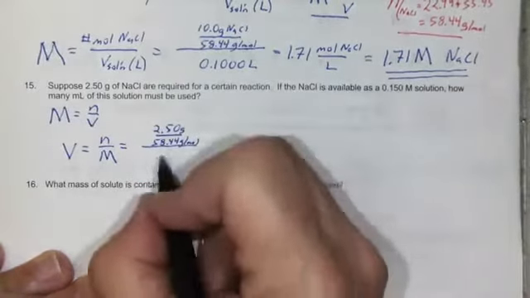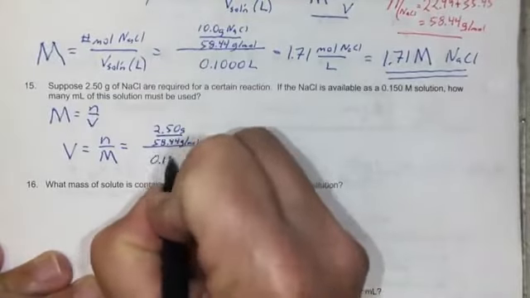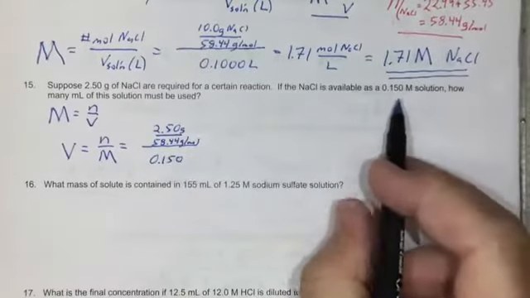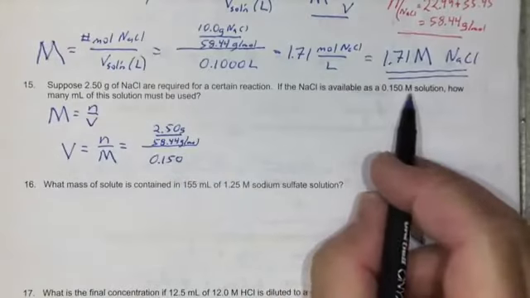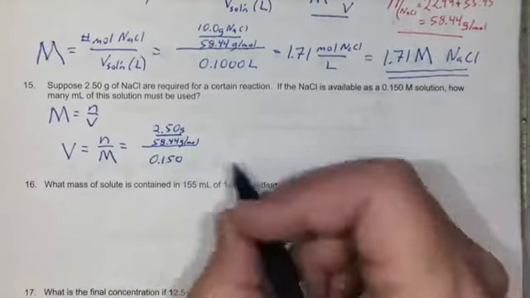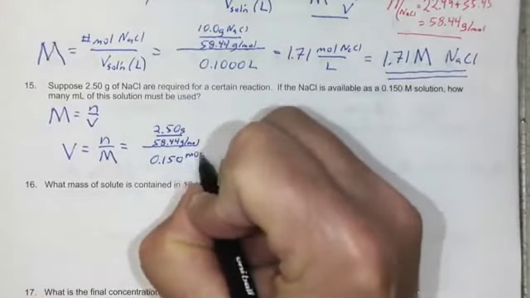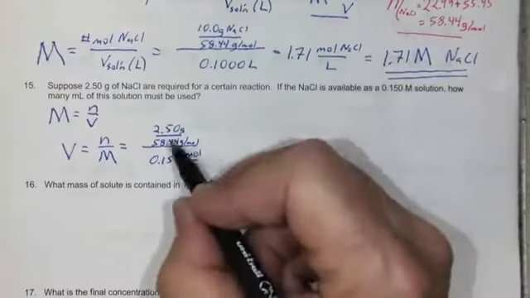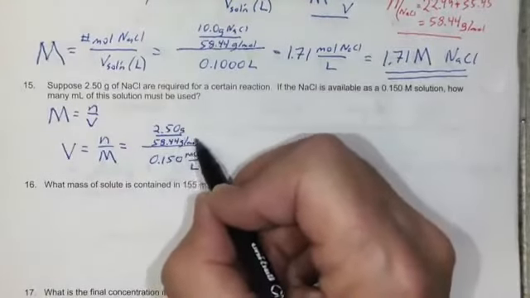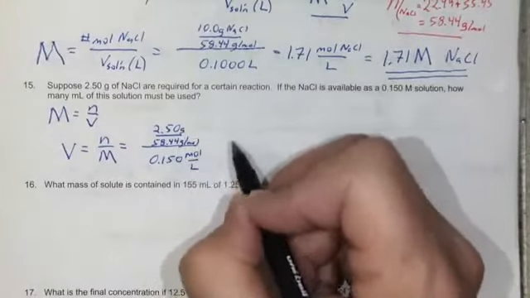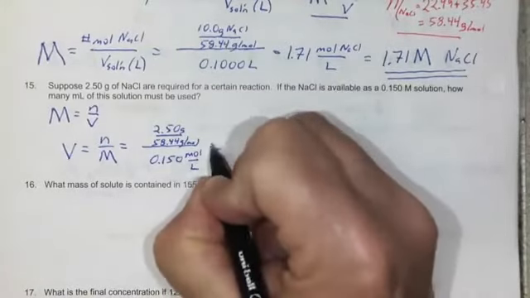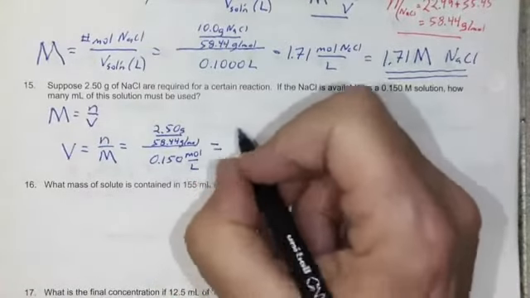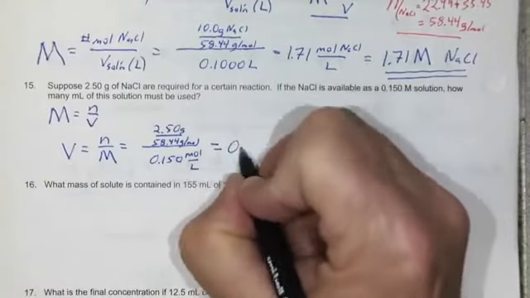Now here's 0.150, and here's a suggestion I would have. When you're doing a calculation and you see the unit capital M, you can always replace capital M with moles per liter. When I see capital M, I think moles per liter. And you'll see that the units of grams cancels and the units of moles cancels. This ends up being in units of liters. And so when you calculate this out, you'll get 0.285